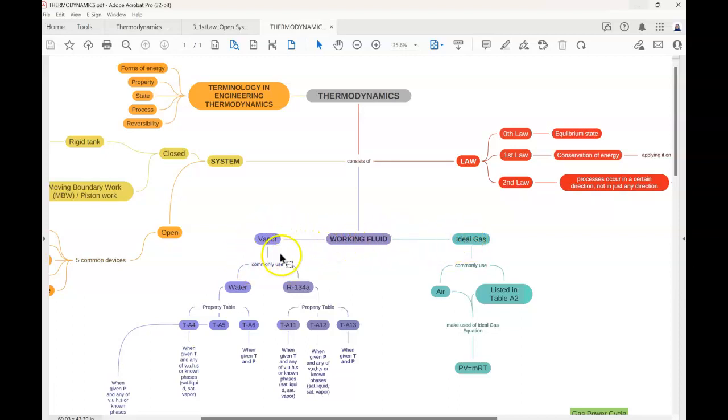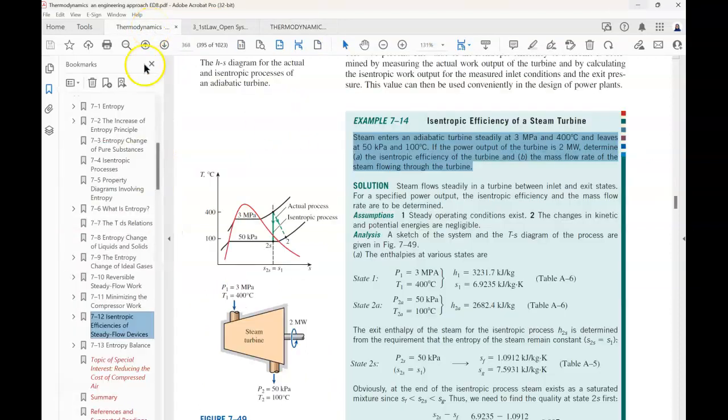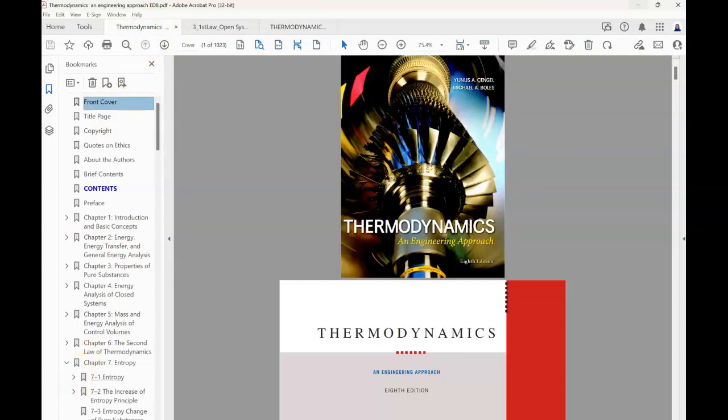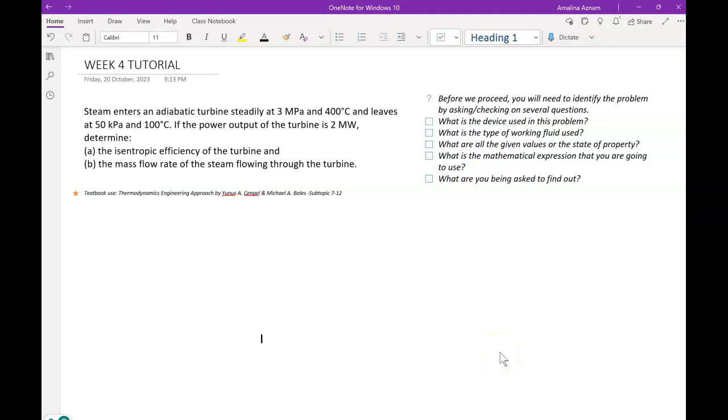If you have vapor, you are going to have two commonly used, which are water and refrigerant, and if you have an ideal gas, air is the one commonly used, and also some of the gases listed in table A2 of your thermodynamics textbook, this one. Okay, before we proceed, I want you to pause this video and read first the